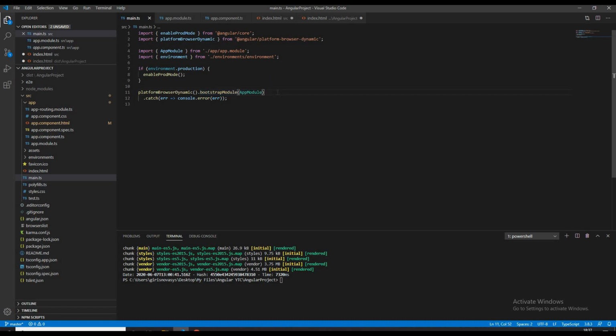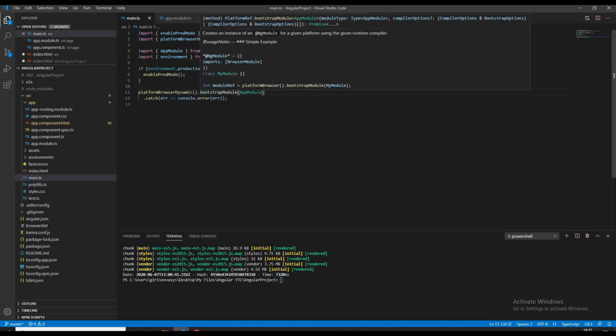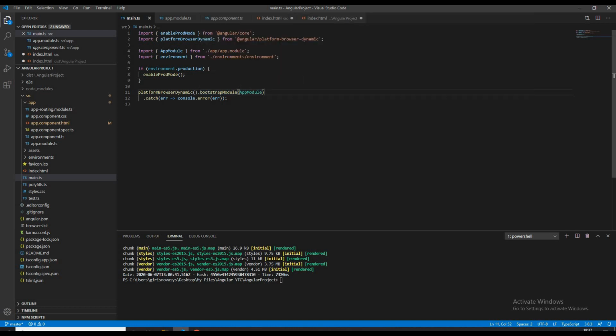Generally, what is bootstrapping? When we switch on our computer, we say that our computer is bootstrapping. It means a bootstrap is a program that initializes the operating system during startup. When we switch on our computer, a bootstrap program is called, which loads all the initial data. Similarly, here we added AppModule for bootstrapping. What does it mean?